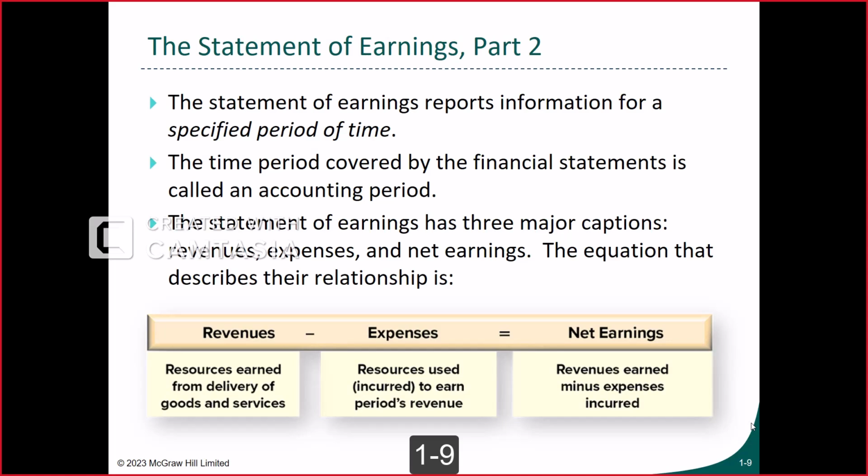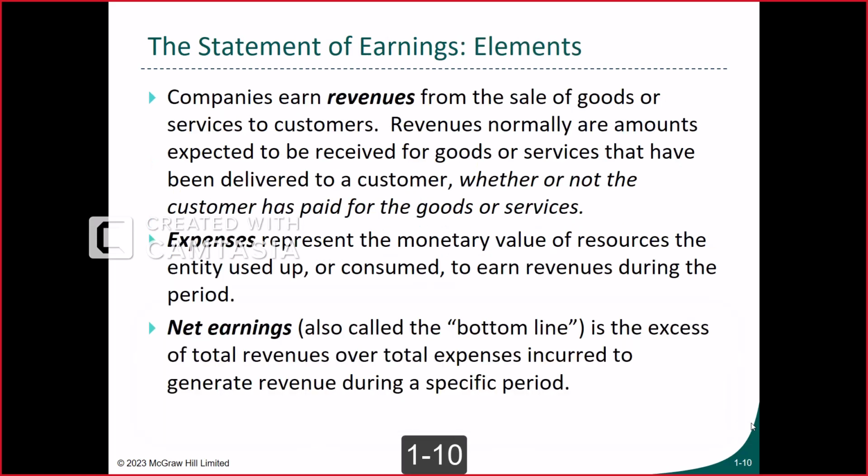But it is also okay for a company starting a new business. It is also regular or normal that you start with a negative earning, which means expenses exceed the revenues. If it is during the first years of your business, that is okay. But in the long term, we expect a business to be successful: they have to generate more revenues than what they consume as expenses, so that they generate net income.